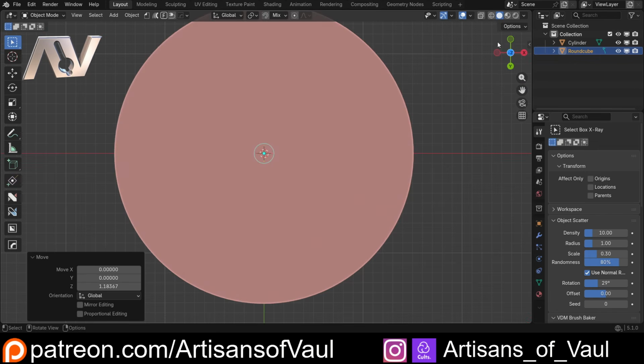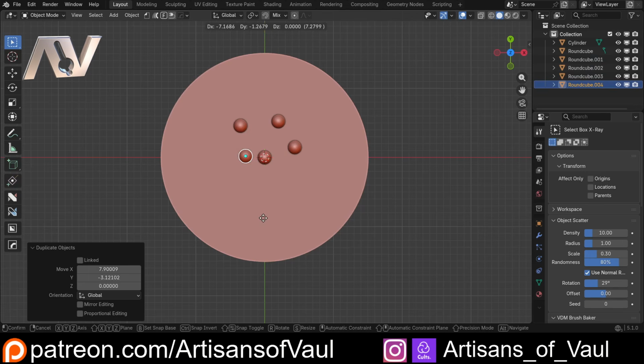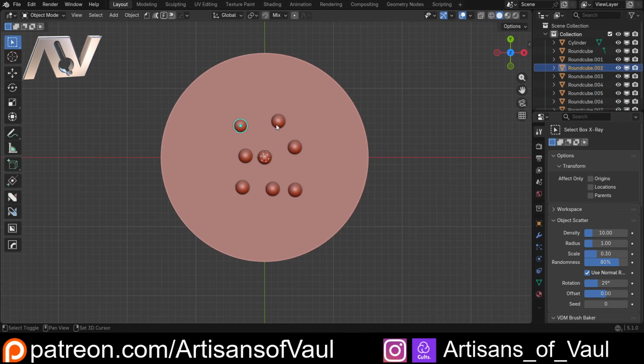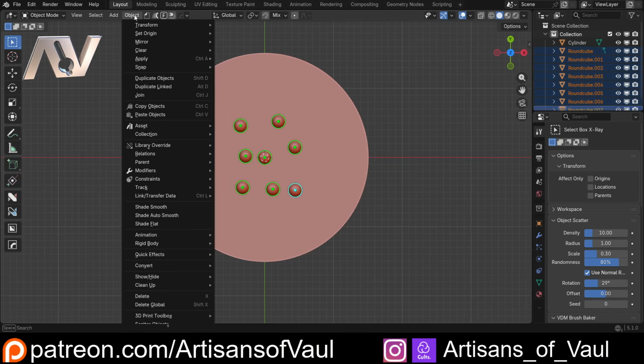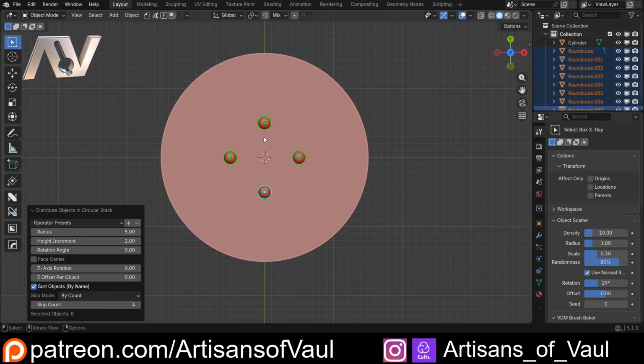I'm going to want 8, so 2, 3, 4, 5, 6, 7, and 8. And then we're going to select all of these circles. And then the way this is going to work is we're going to go to Object, Transform, and Distribute Objects in a Circular Stack. Now we'll have a look at these options in a second, but let's talk about one